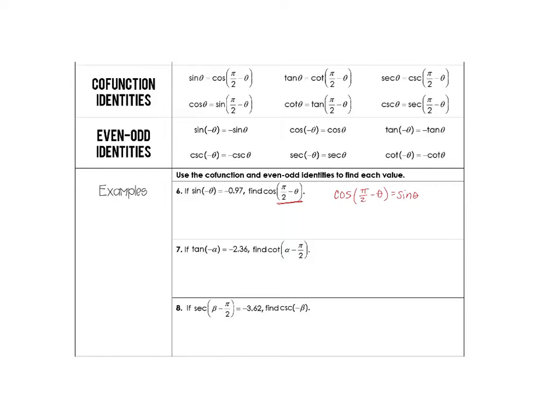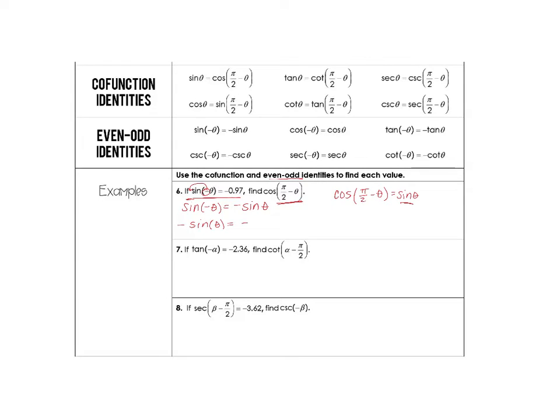And so after we know that, based on what we're given, we can go back up to our even odd identities. So I know that sine of negative theta is equal to negative sine theta. So it looks like we can just take this negative here and move that out. So we're going to have negative sine of theta